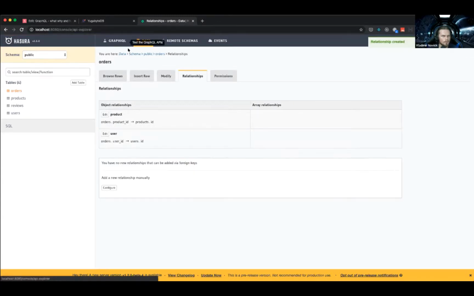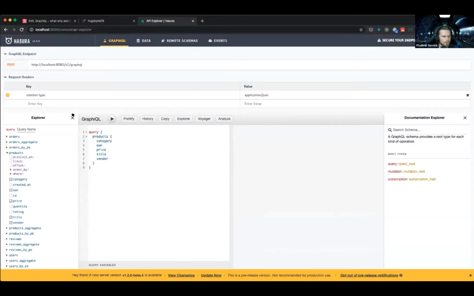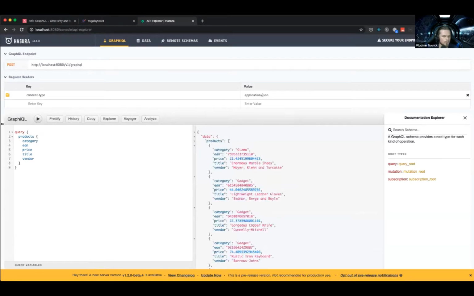Now, if I go to my graphical tab, I can get, for example, products with category, price, title, and vendor, and this is just getting products from this database. But I want to get orders, right? That's my mistake. I want to get orders, and let's say I want to get a user from orders, and it will have a name, and I want to know the title of the product that user has ordered, and I want to know the price.